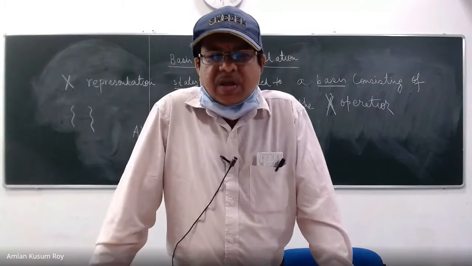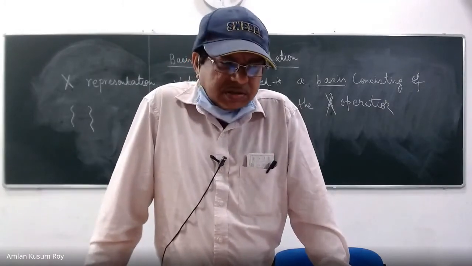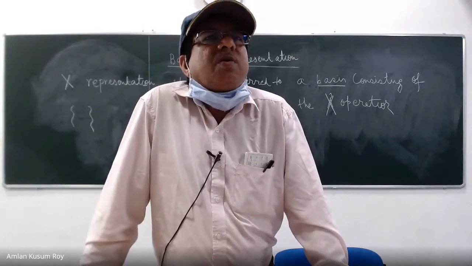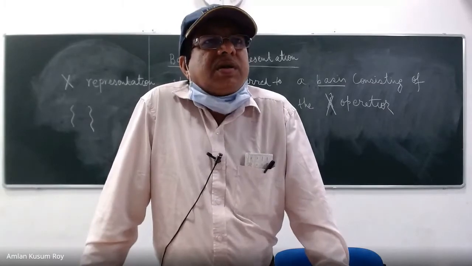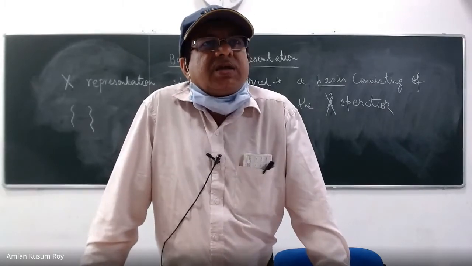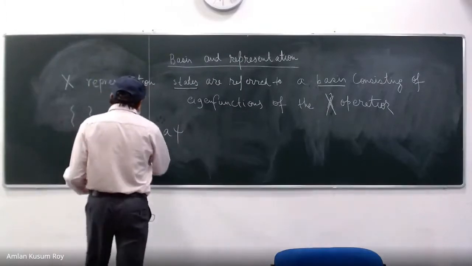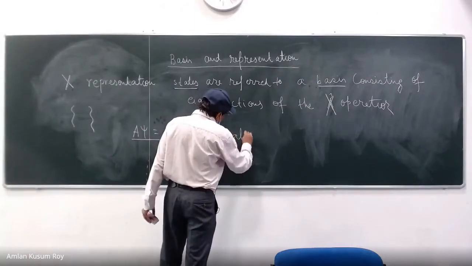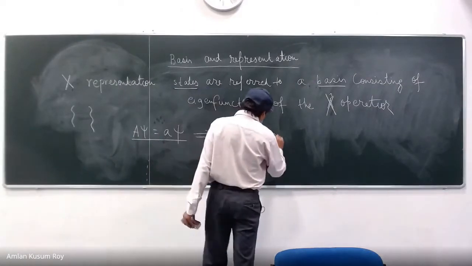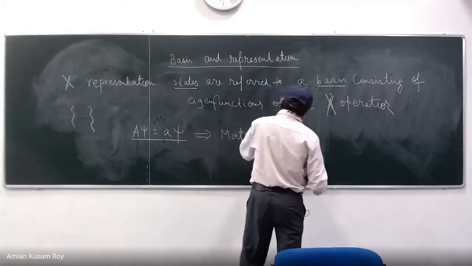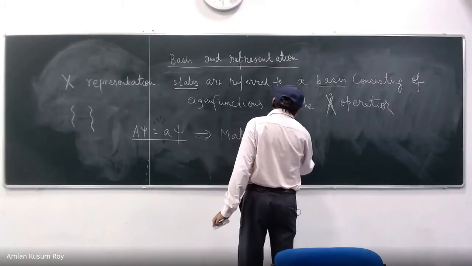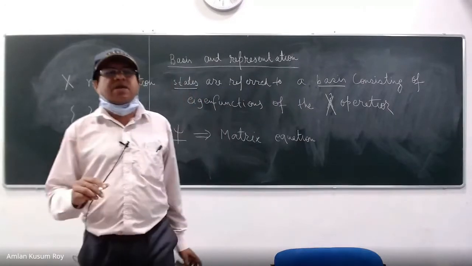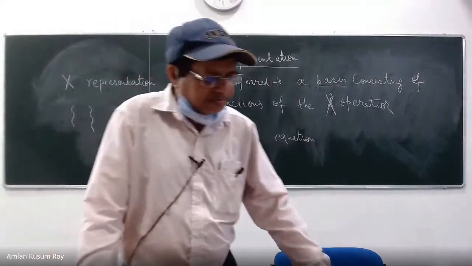matrix equation. The states are going to be referred to as basis, and we have already said that the basis vectors can be represented by column matrices, and operators can be written as square matrices. And so that means the operator equation becomes your matrix equation. That is the essence of matrix mechanics. That means you transform the operator equation into a matrix equation, which is the real way to solve an eigenvalue equation of a quantum mechanical problem.